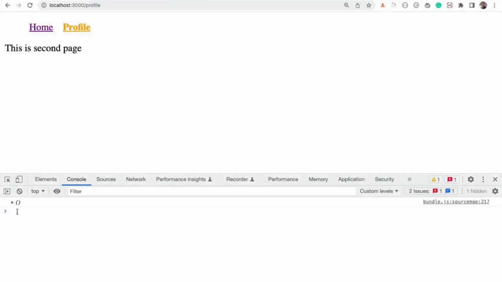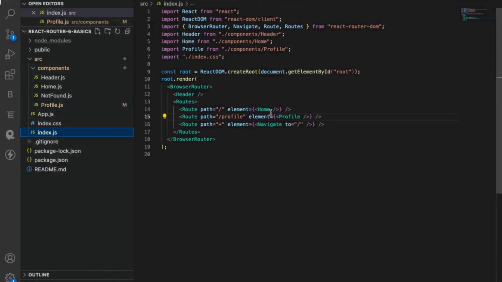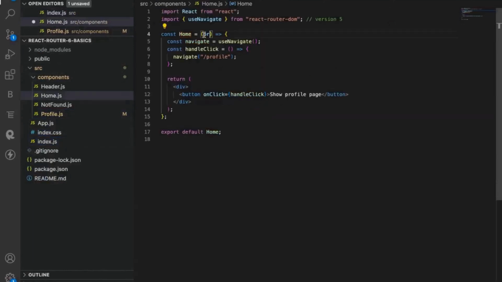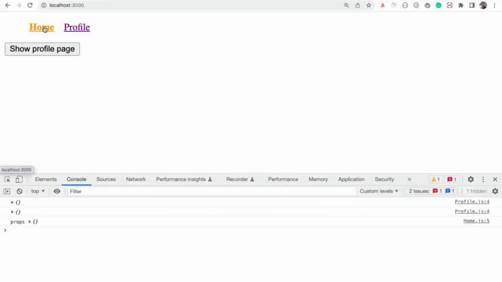As you can see, when I visit the /profile route, we get an empty object. Now, if I go to the home component and console.log props there, and click on the home link, you can see it's an empty object. So in React Router version 6, we don't get access to any of the history, location, or match props through